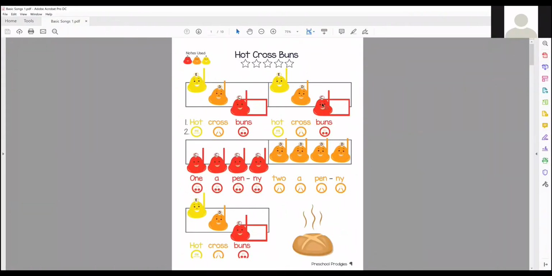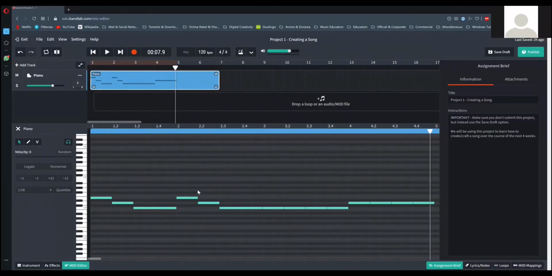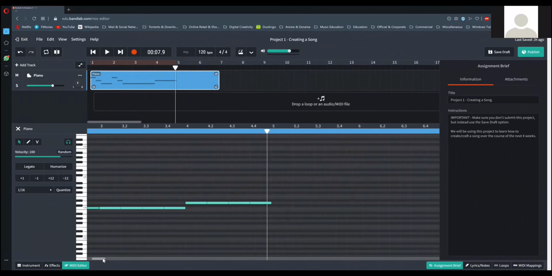So we have bar 1, 2, 3, and 4 done. Bar 3 had all C notes, bar 4 had all D notes. Bar 5 has mi, re, do, just like the first and second bar, absolutely the same, identical. Once again, I don't need to draw it. If you want to draw, you can draw, but I'm going to use the power of MIDI and I'm just going to copy. So you can either choose from bar 2 or from bar 1. The choice is yours. Highlight the notes, copy, go to the right.